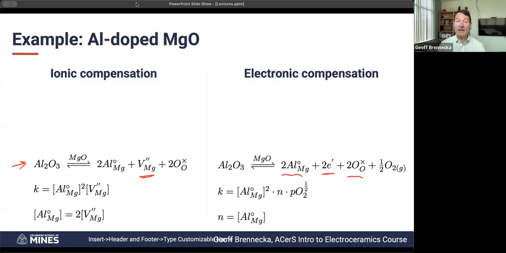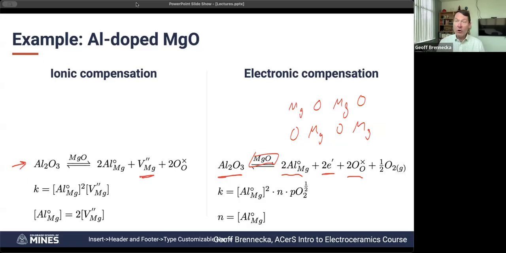But if you remember the site balance aspect that we had when we talked about the stoichiometric defects, because it's magnesium oxide in the lattice, so we've just got MgO, MgO, we throw in a couple of aluminums, we still have to have one anion for one cation because the overall lattice is MgO. So that means we've got two magnesium sites taken care of, two oxygen sites taken care of,